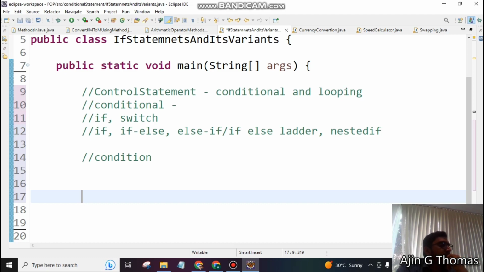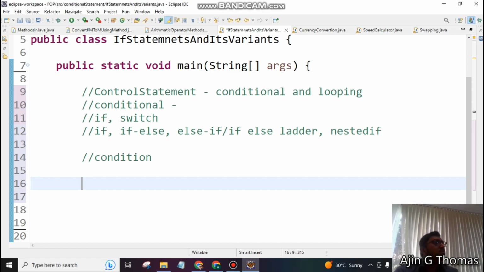Okay, so I will give you the idea of the syntax. What is the syntax of if? Then I will give you one program. You try to implement that. Okay, I have to find out whether the given number is negative or positive. Whatever the given number is, whether it is negative or positive, I have to print that. So how can I do that operation? What will be the sentence in English? If number is